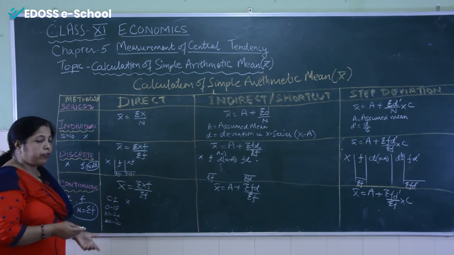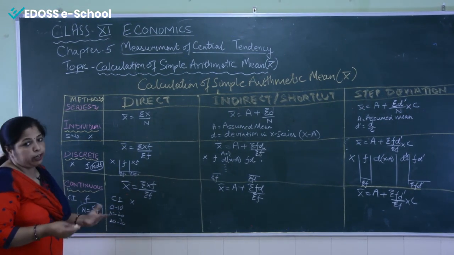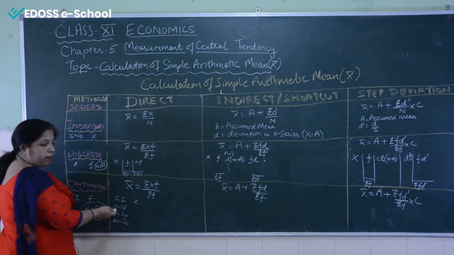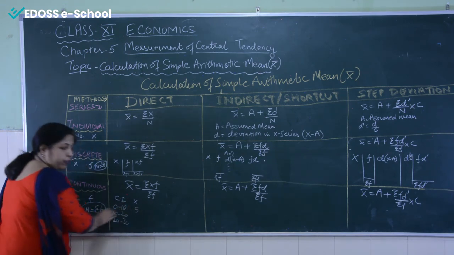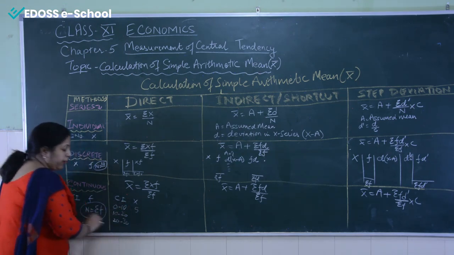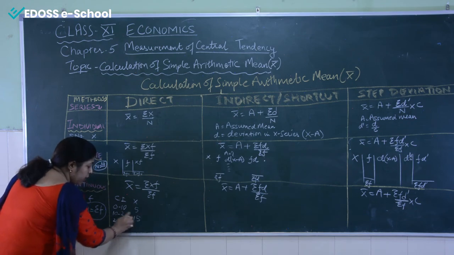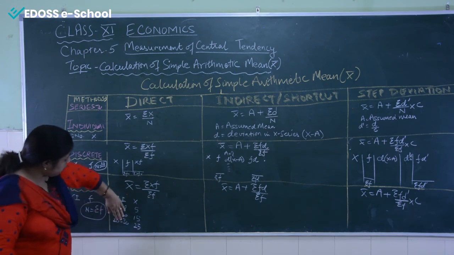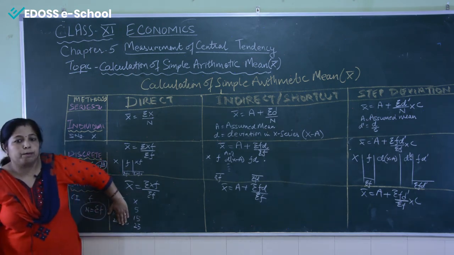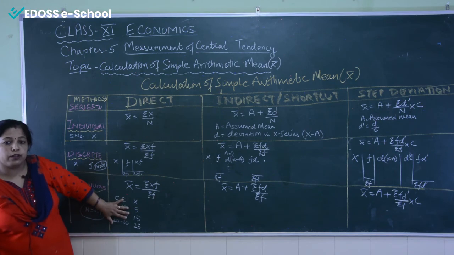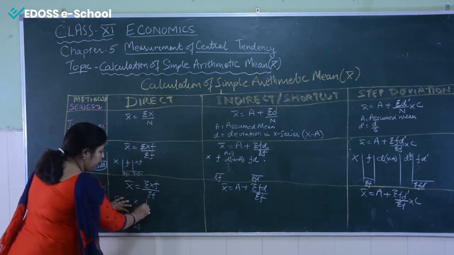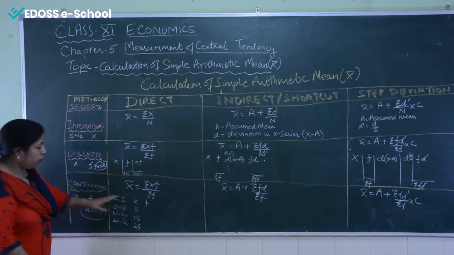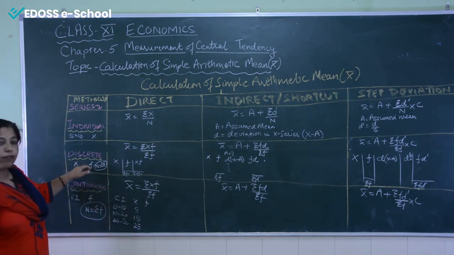And mid value we can find from the formula, and we can also do it orally. Here we can do it orally, as 0 to 10 is there. What is the middle value of 0 to 10? That is 5. And what is the middle value of 10 to 20? That is 15. And what is the middle value of 20 to 30? It is 25. So this class interval is converted to x now. The work of the class interval is finished. So now what do we get? X and f. Now here is also xf, here is also xf.